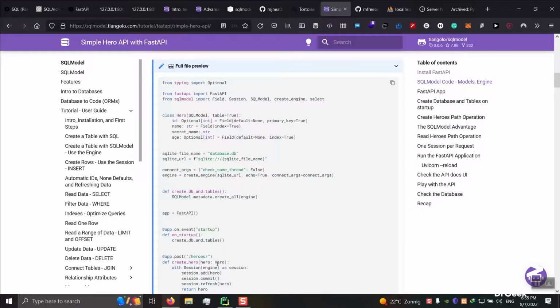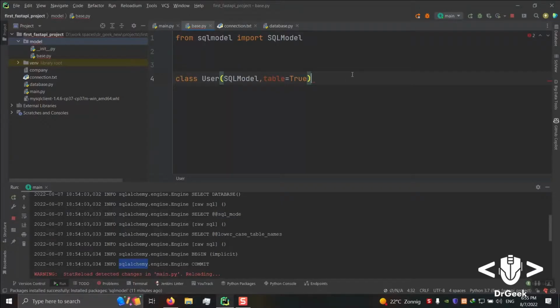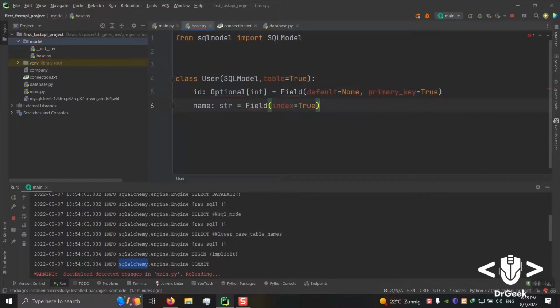Well, yes, table is set to true, and I'm just going to copy these two rows, as that's not the point. We have not reached this point yet, and I'm just going to import these specifically from SQLModel, and everything looks fine.